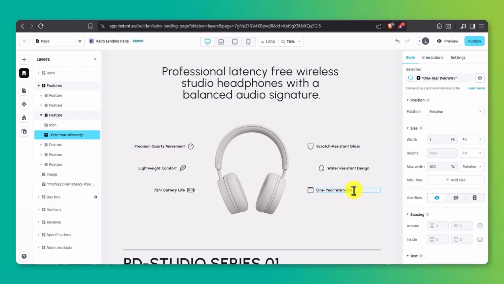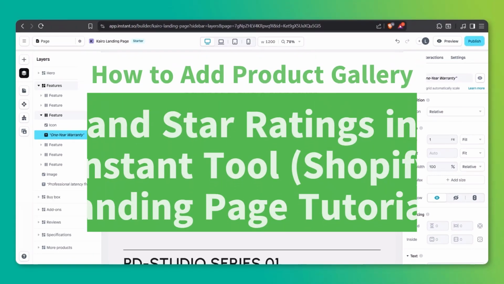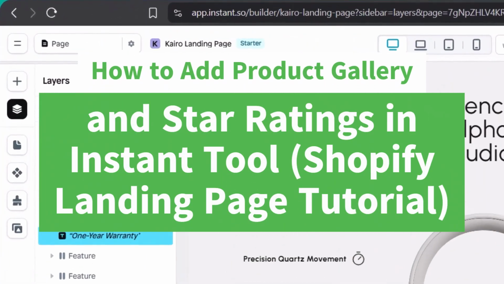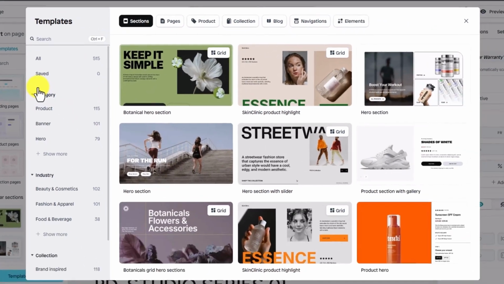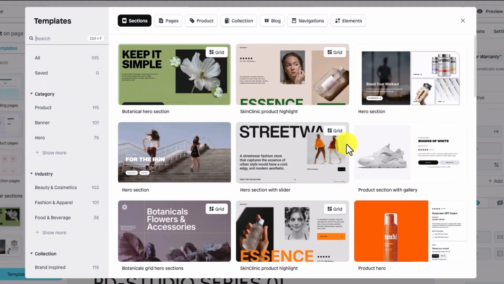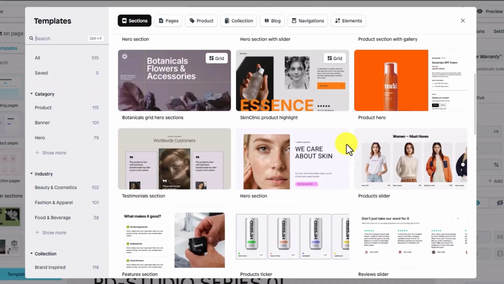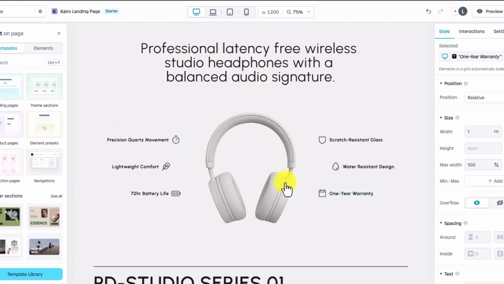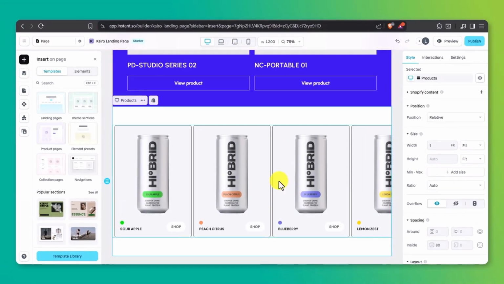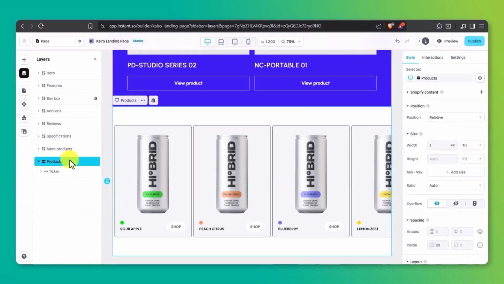Next up, let's add a product gallery to highlight our best sellers. To do this, click on the plus icon on the left side of the editor. Go to Theme sections and browse through until you find a layout that fits. Once you've added it, you can move the section around by simply dragging it to a new position on the